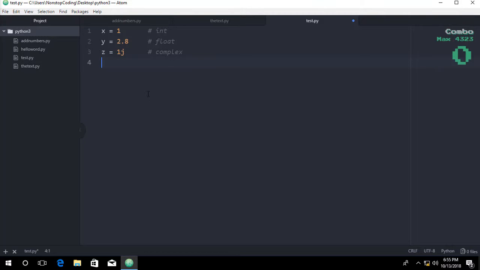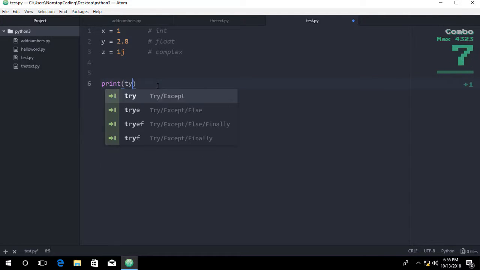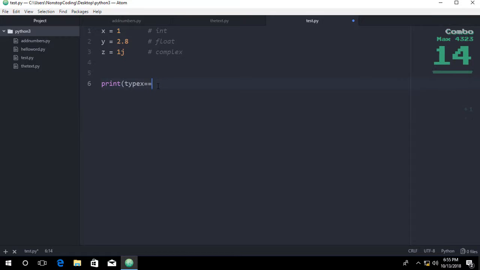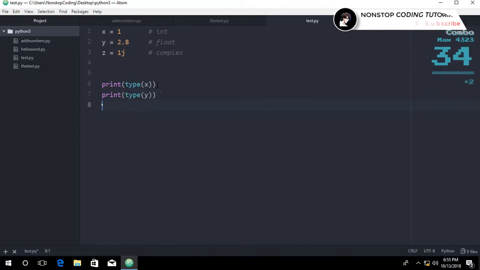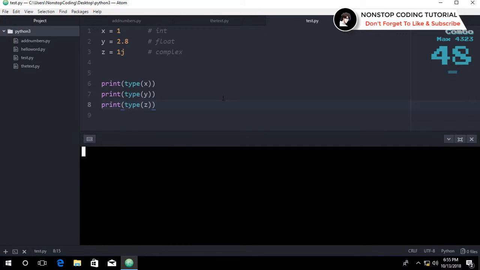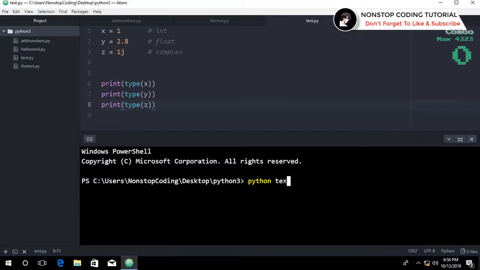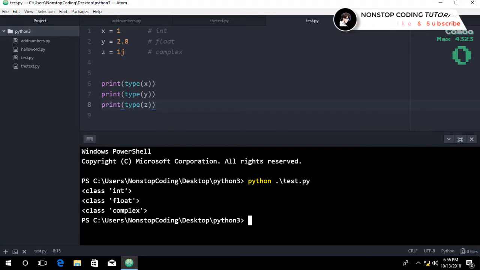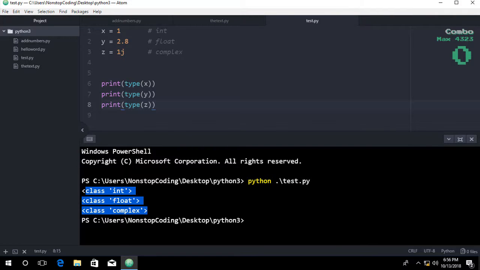For example, int, or integer, is a whole number, positive or negative, without decimals, of unlimited length. For example,